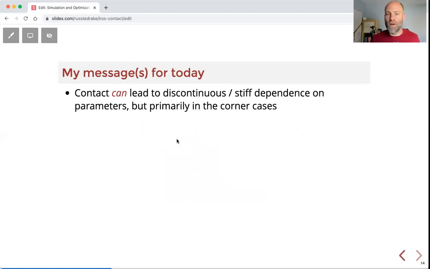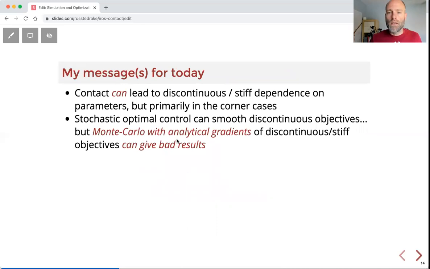Okay, so that was point number one. Contact can lead to discontinuous or stiff dependence on the parameters, but primarily when you're making or breaking contact. Let's transition now to think about what optimization looks like given that observation. Okay, so if we have discontinuities at the corners, or from artifacts in our simulators, then maybe we can still do better by making the objective stochastic.